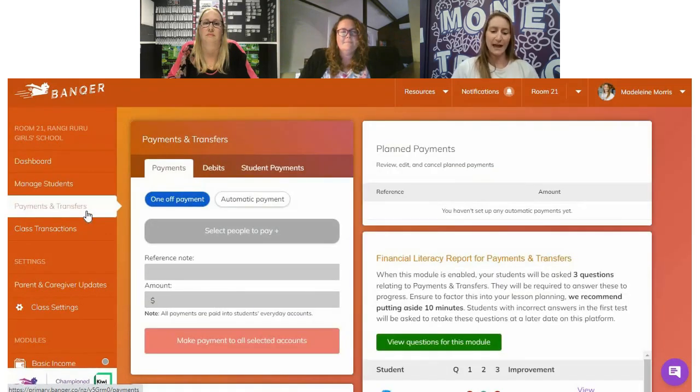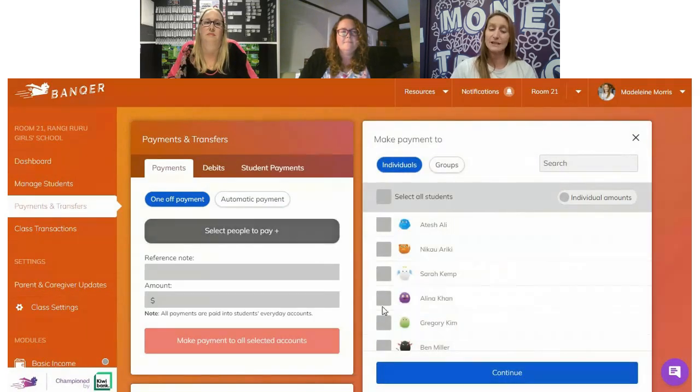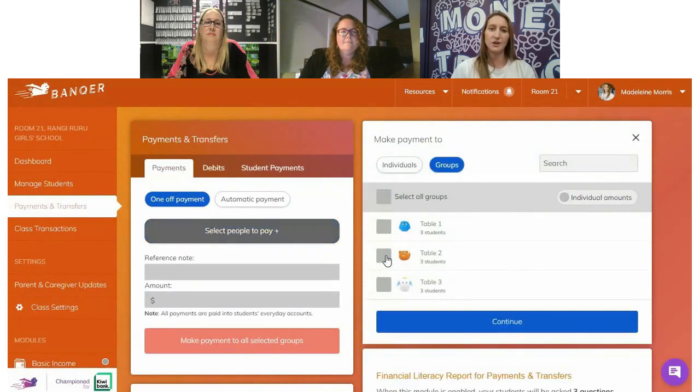Moving down into the payment and transfers tab, this is where you'll be able to make one-off and automatic payments in your classroom. So first you'll select the people to pay. You can select them either individually, as a whole class, or if you've created groups, you can select the group first. Then what you'll do is go ahead and put in a quick reference note that might be one word,